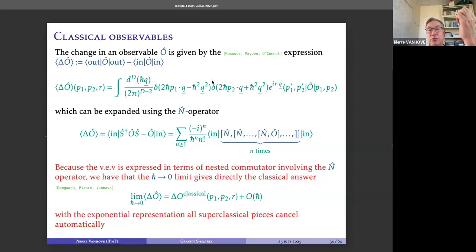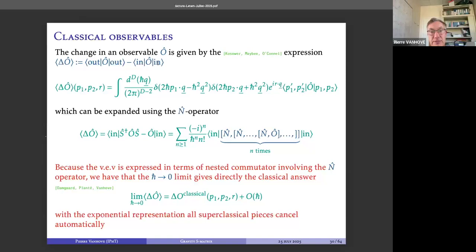is the way you build the wave packet and go from momentum space to direct space. It is exactly aligned with this prescription I've told you to go from the scattering amplitude to the classical result. So this is why the Kemok prescription comes from the variation of this classical quantity, delta O. Okay, so if you use that,